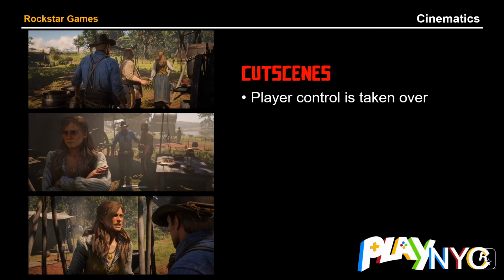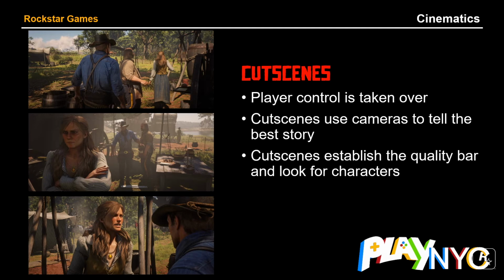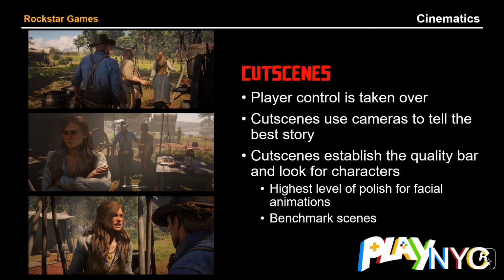During cutscenes, player control is taken over. These are the movie bits of the game. Cutscenes use cameras to tell the best story, and the cutscenes establish the quality bar and look for our characters. They receive our highest level of polish, and at the beginning of production, we use them to create what we call our benchmark scenes. These benchmark scenes are where we establish the